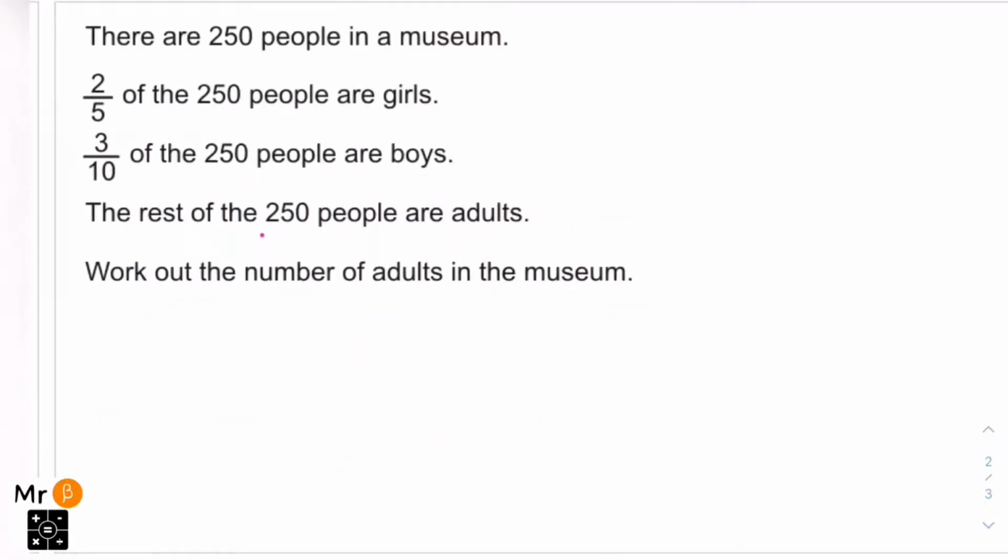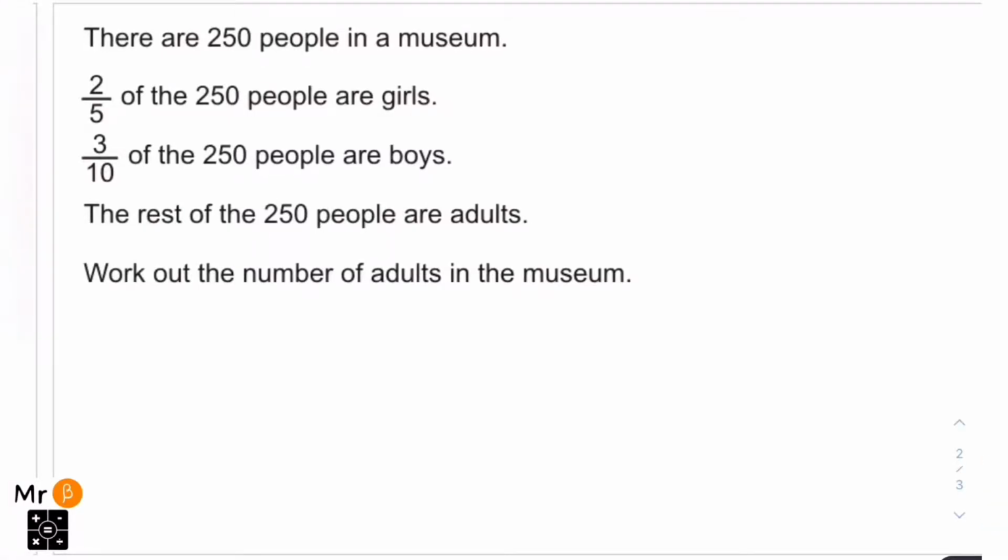Question 6. This is now getting onto the more worded type problem, one which is more typical in your GCSE exam paper. So here we've got 250 people in a museum. It tells you 2/5 of the 250 people are girls. I'm not going to read any further, but because there's some maths I can do, I'm going to do that first. So what that's telling me is to work out 2/5 of